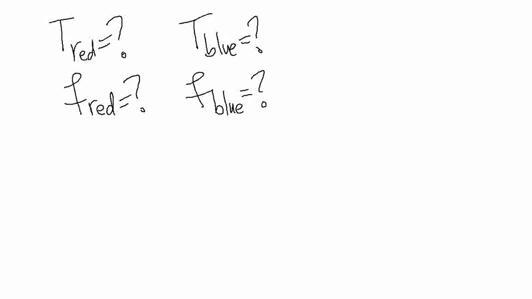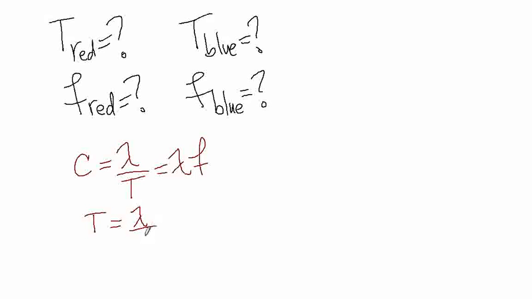All right, so I'll go ahead and calculate those now as well. So the velocity of light, by the way, is often denoted by c, and our wave formula says that that's equal to wavelength over T, where T is the period, or wavelength times the frequency. All right, so the period is the wavelength divided by the speed of light. Okay, so